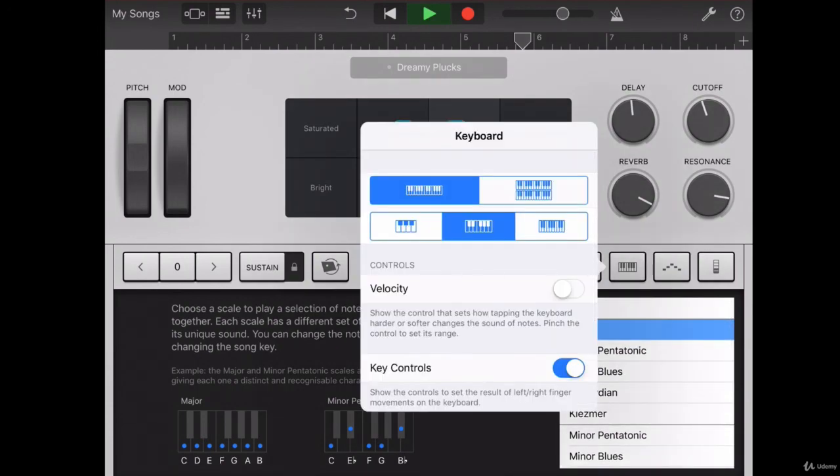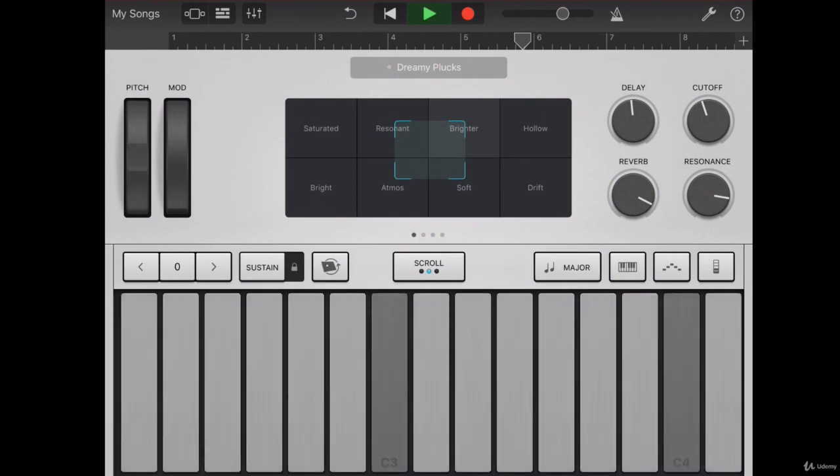Then we have the keyboard setting here. So first I'm going to get rid of that. Now we can choose